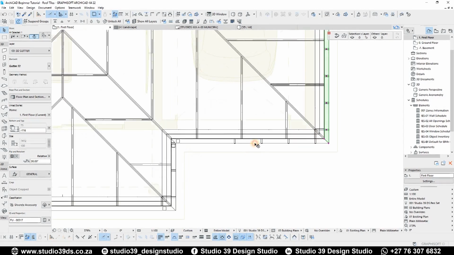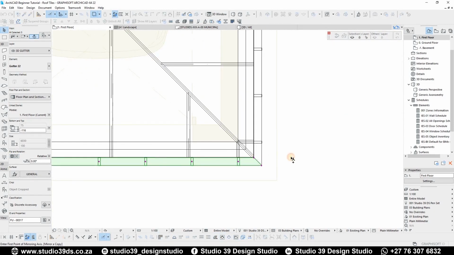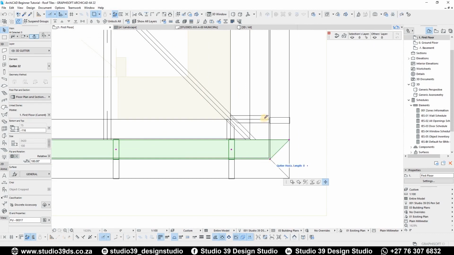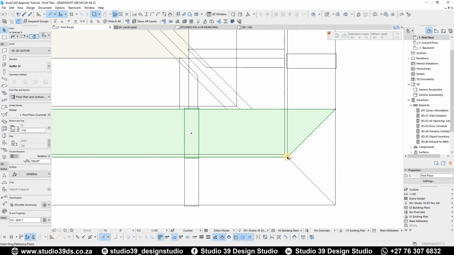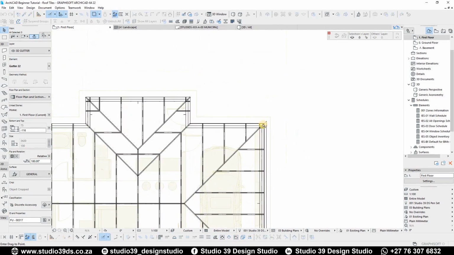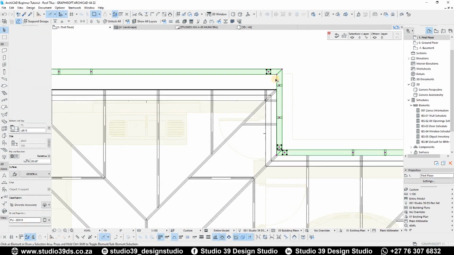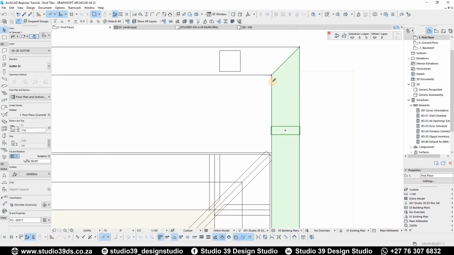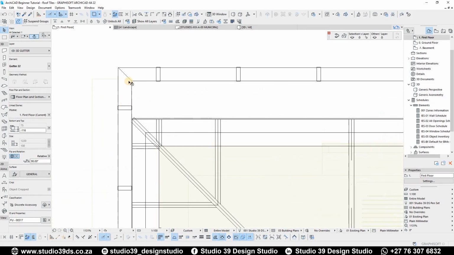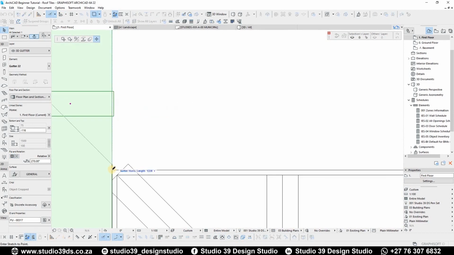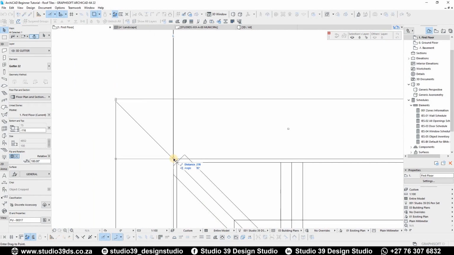So what I'm going to do now is mirror this whole system to the other side. So I'm just going to do this, and then I'm going to take this point, Control D to drag it across, Control D once again to just drag it across. Yeah, there you go. Obviously it's not symmetrical, so I'm just going to take this node, bring it into that point, do the same thing on this side, take this node, bring it into that point, take that, drag it to here,